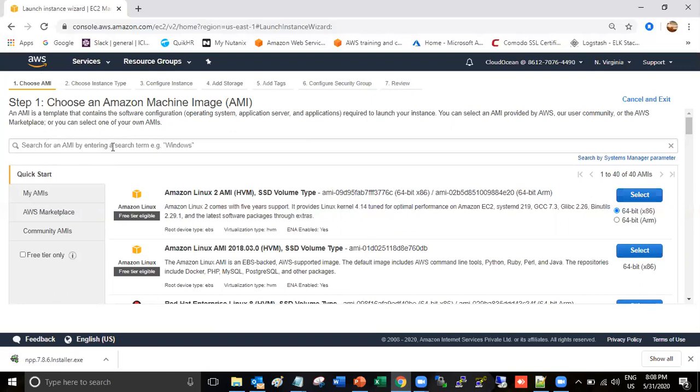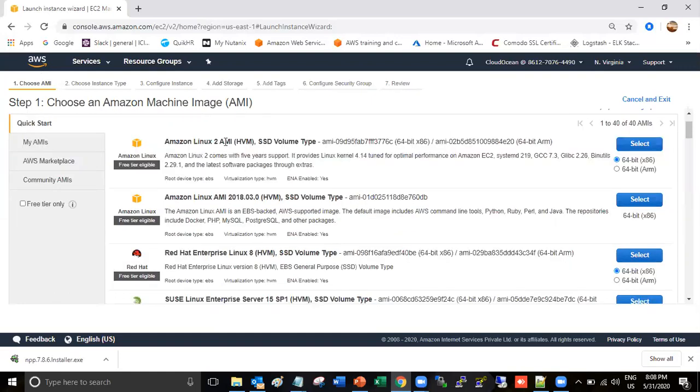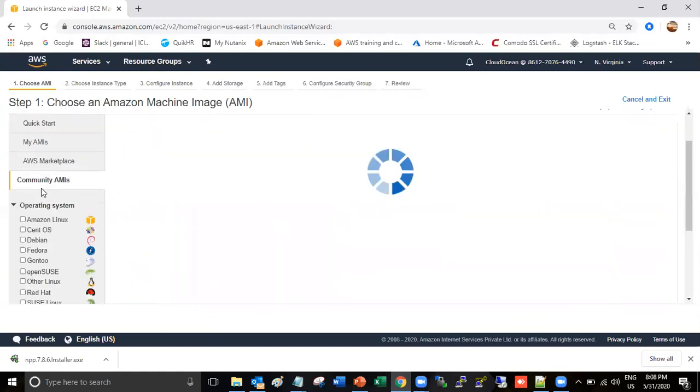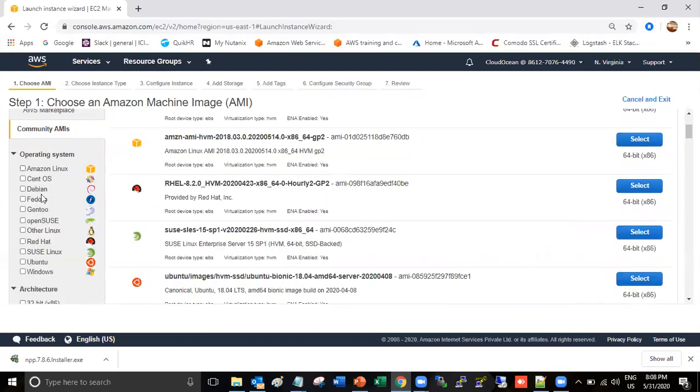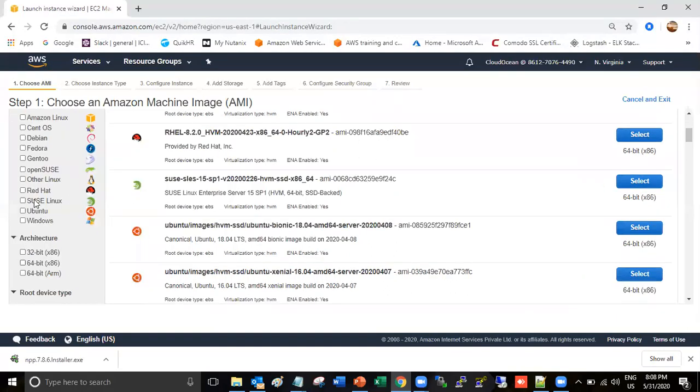Okay, so these are the Amazon Linux. This is the AWS OS image, and if you want any other OS image like CentOS, Red Hat, Ubuntu, Windows, whatever you want, you can choose it from here itself.